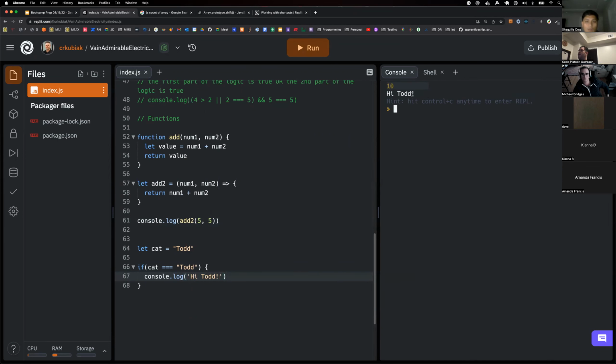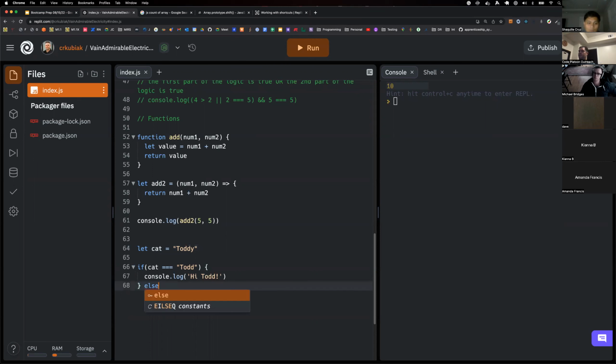right, and so when I run this, I get hi Todd. And if I change this to just Toddy, nothing happened because the computer read this line and said cat is equal to Toddy. Then it read this line and said, well, if cat, which is now Toddy, is triple equal to Todd, do this. Else, just keep going and there's no other instructions. Right, and so now I can provide it an alternate set of instructions